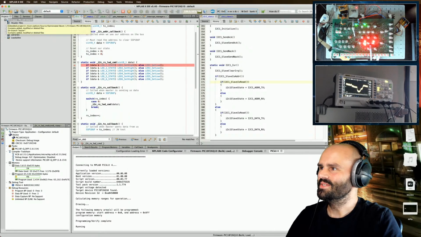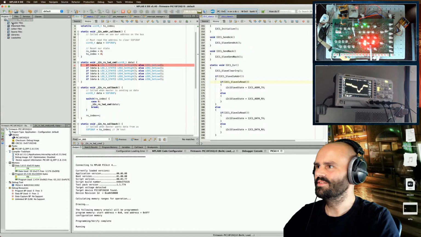What we should do here is just double check the state of the pins and how we've configured them, because